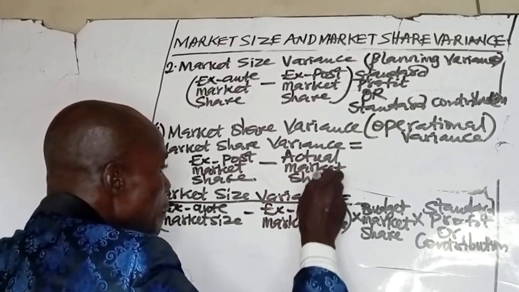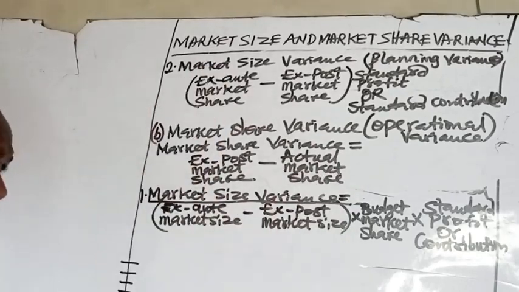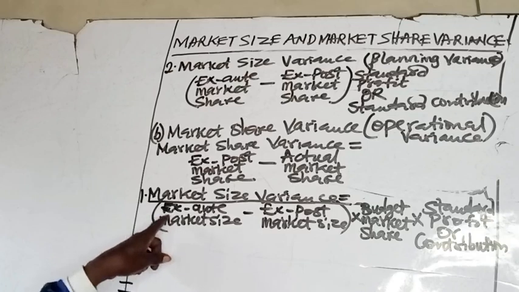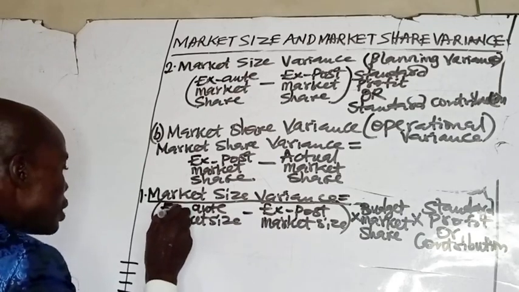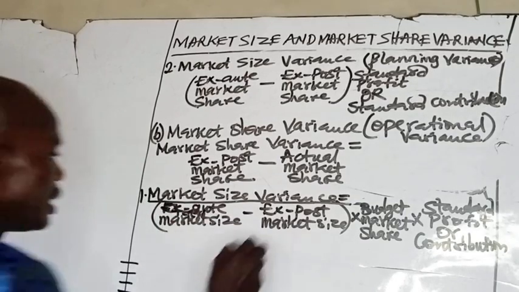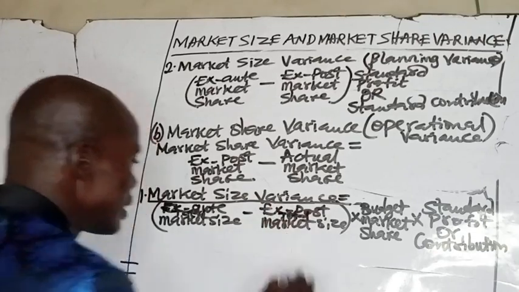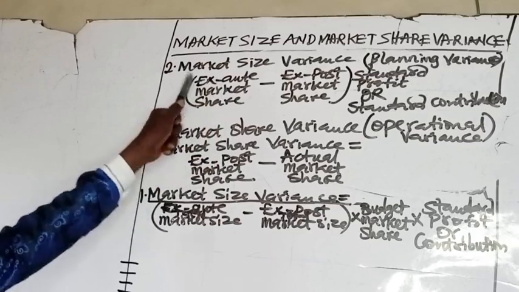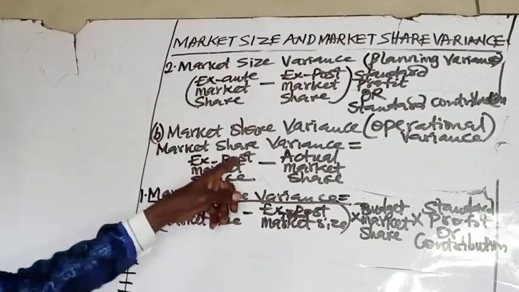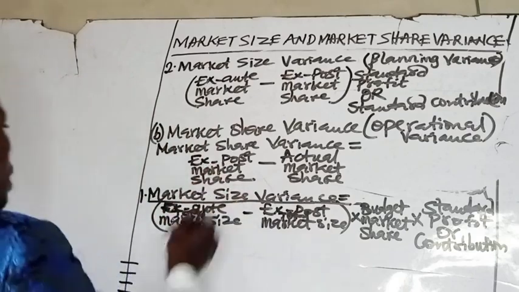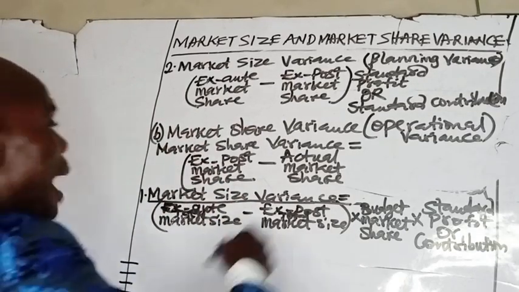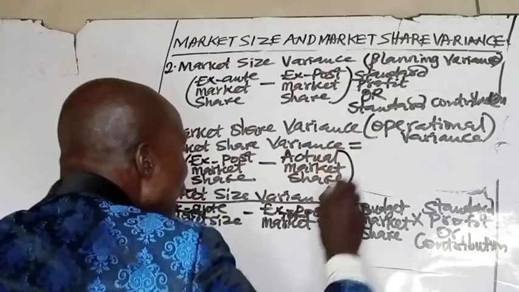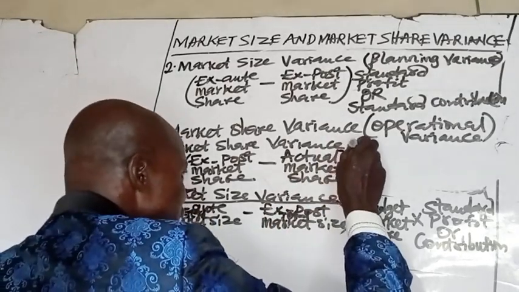Remember, we use the word share, not total market. Unlike the market size variance, where I made use of ex ante total market. Please don't forget to put total there. This is total market size, so include total in that formula. But for this one, you don't need total here. It's share of the market. So, ex post market share minus actual market share multiplied by the standard profit